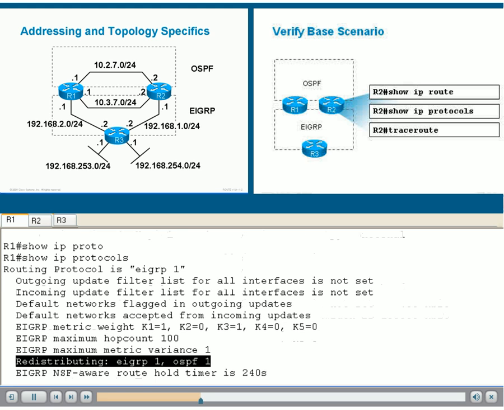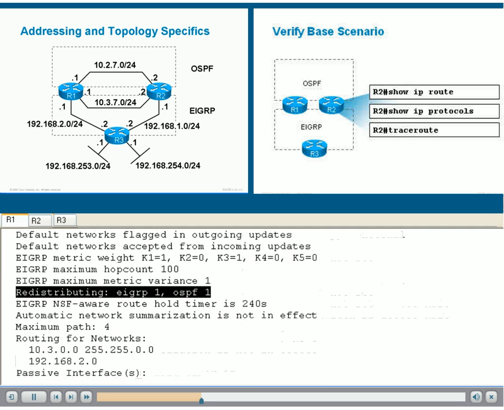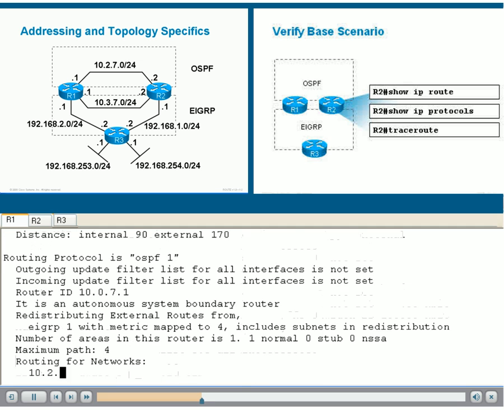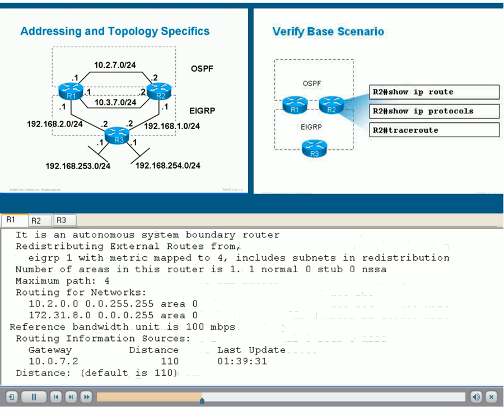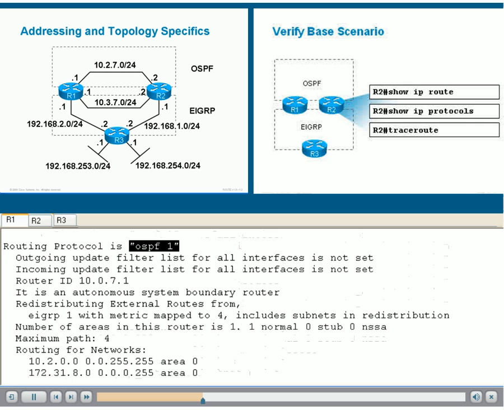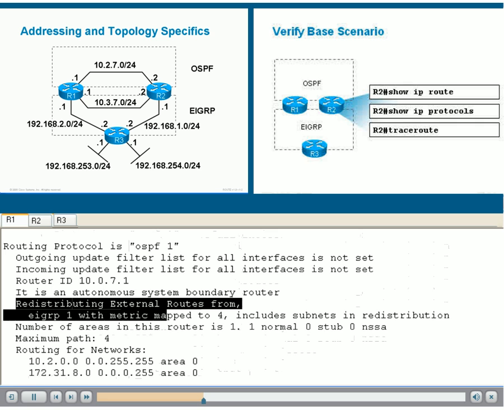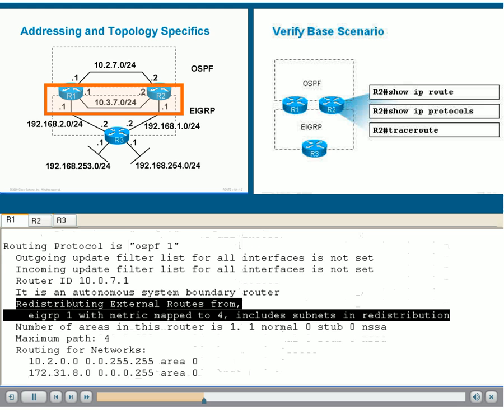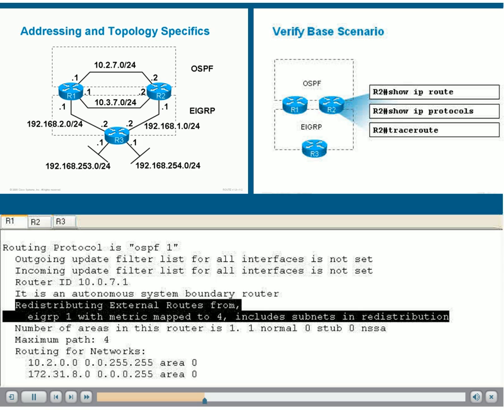In the end, a traceroute will tell us how we are getting to the 254 network. So let's just trace the .1 host on the 254 network. I'm going to use a time to live, or TTL, that is high to show that we have a big loop that goes back and forth between R1 and R2 on that 10.3.7 link. Now, we seem to have two problems here. One looks like a metric problem that leads R1 to R2 to get to the subnet